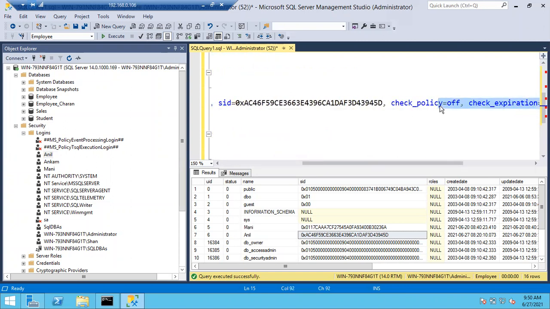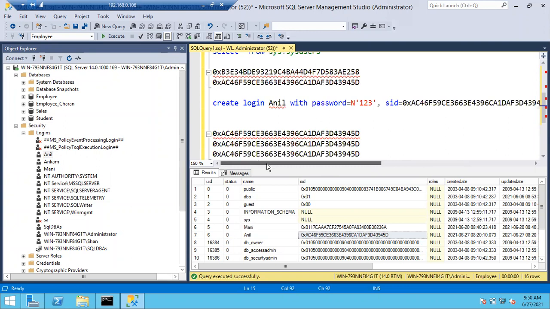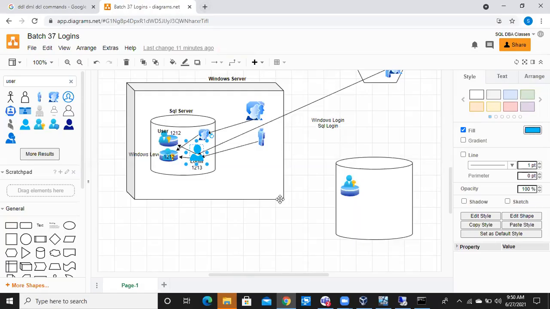Policy means password policy. Clear? Forget about the password. It won't create any issue. You can give your own password and later they can change it. Yes, sir. It is already considered with SID. Yes, only SID. Any issues, any doubts, please let me know. Still having any problems in creating a login with SID or dealing with orphan users or understanding the orphan user concept, let me know now. Everyone clear?